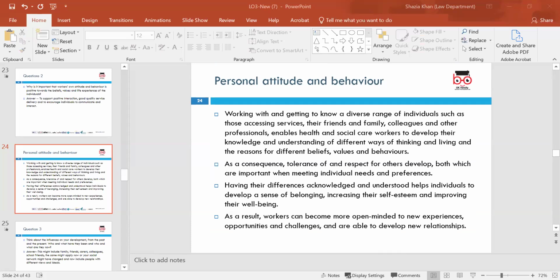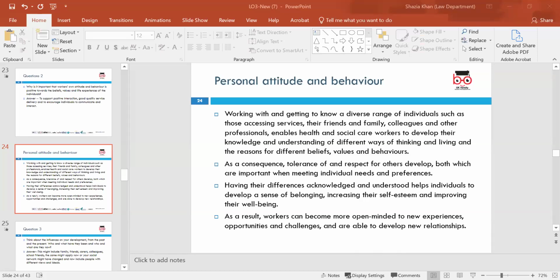Attitudes are the mental disposition or beliefs we have towards people, objects, or situations. It's our own belief that we have towards people. Behavior refers to outward actions and conduct we display in response to attitudes, and attitudes can influence our behavior, but behavior can also shape our attitudes, creating this big cycle of interaction.